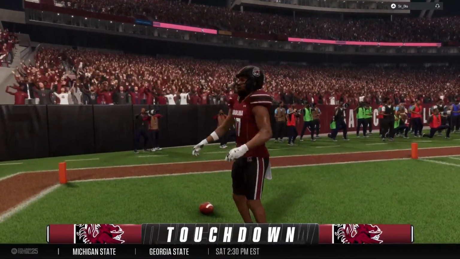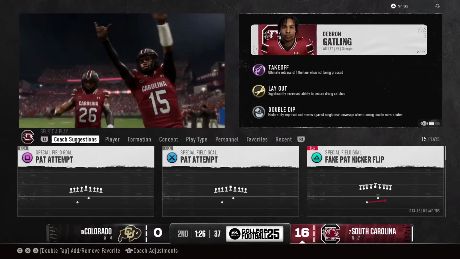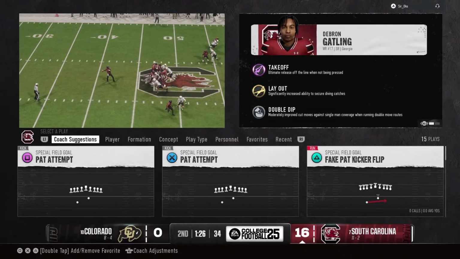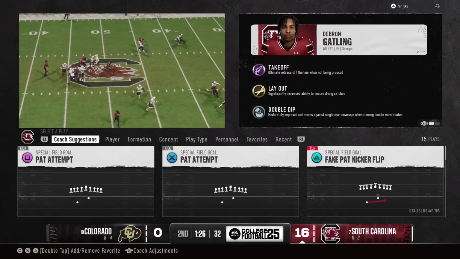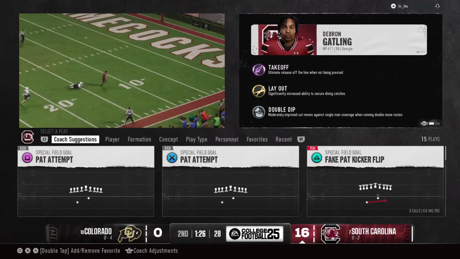So the offense clicking now. They're building the lead, and this one could get out of hand. Well, it's just complete domination. The offense is executing and doing their job, putting points on the board. The defense has shown up, prepared, ready to play. It just feels like this game's getting sideways in a hurry.